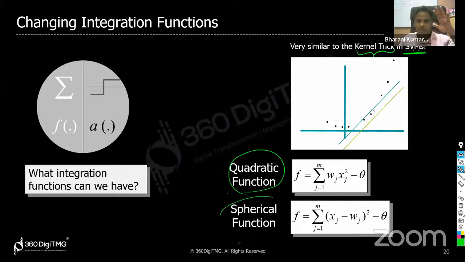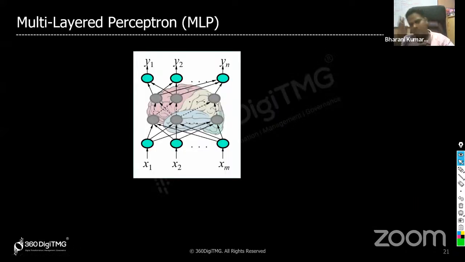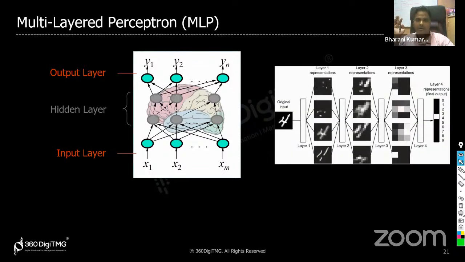The different quadratic functions are similar to that, but it is a very tedious task to keep experimenting with various options. Hence, the multi-layered perceptron will work absolutely fine. The only thing is, there will be additional layers, which will be called